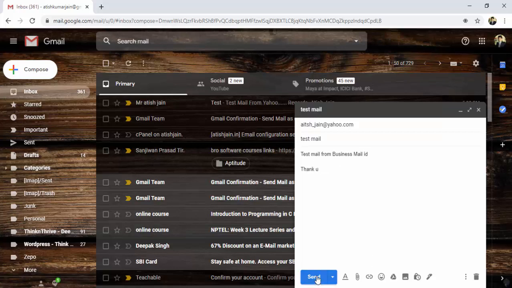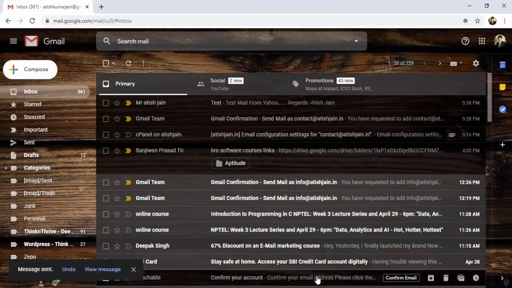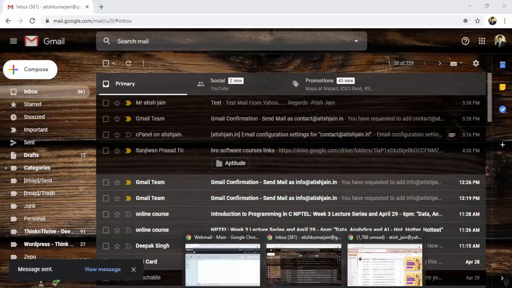Click on the send button. So the message is sent. You can check it here. Now go to your Yahoo mail ID and we'll see whether we have received the mail or not.